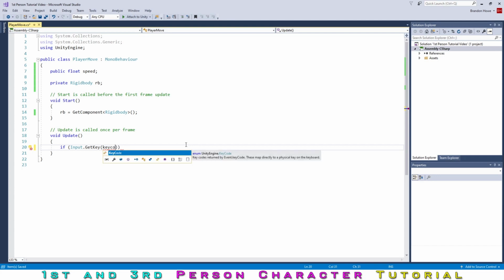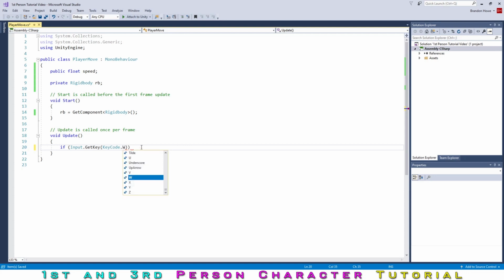So now Input.GetKey. The actual key that we want to get, we get that by typing KeyCode, then dot, and there's a bunch of options here for specifically what key we'll be getting. In our case, we're going to be getting the W key, and it has to be a capital W. So if the user has pressed the W key, then we're going to have open brackets there of stuff that we're going to do. We're just going to skip that for a moment and go otherwise if they press the S